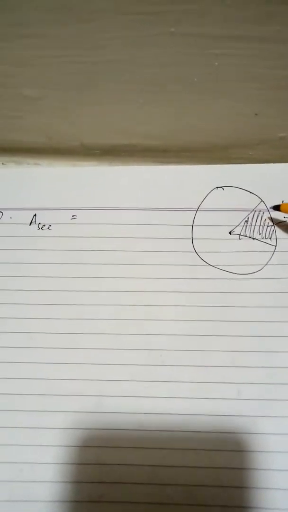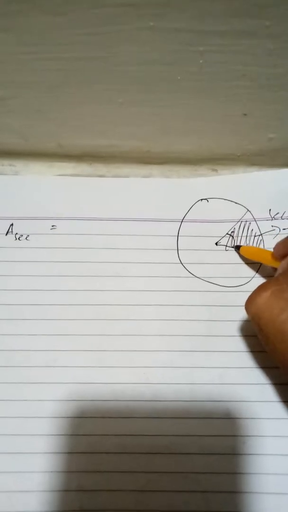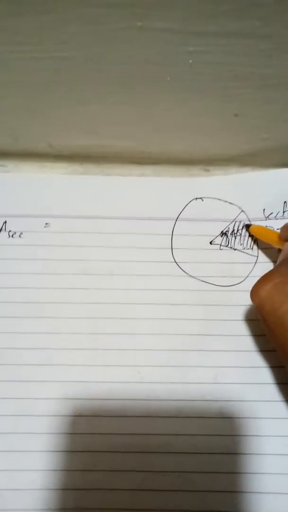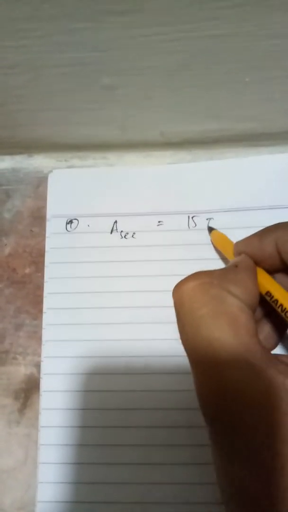Okay, and for the sector, for example, I will draw the angle, that would be 45 degrees. That may also be called the wedge of the circle. So the area of the sector would be, for example, 15 pi